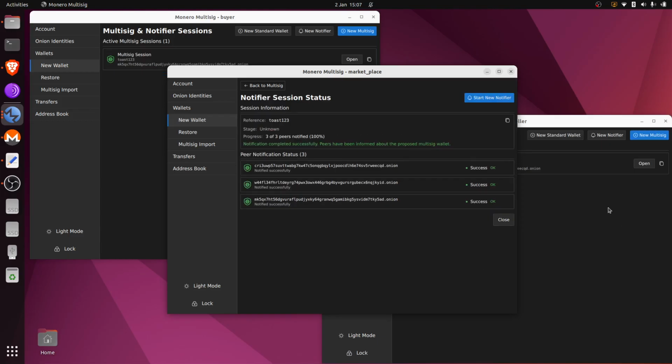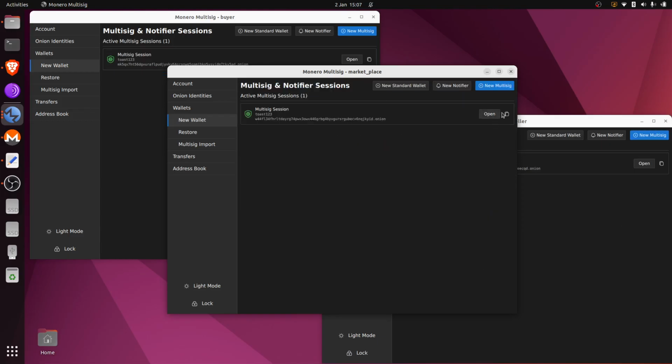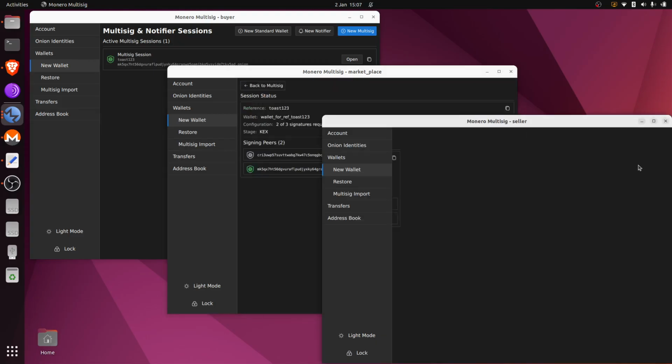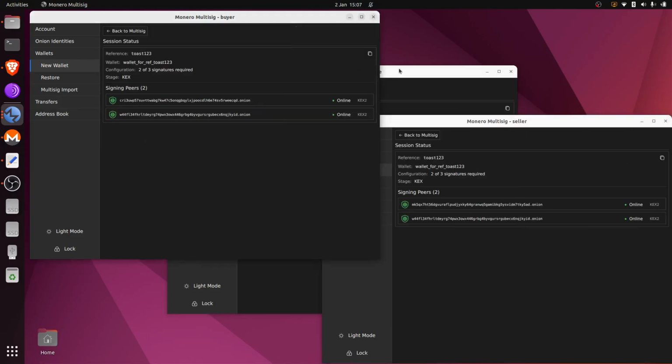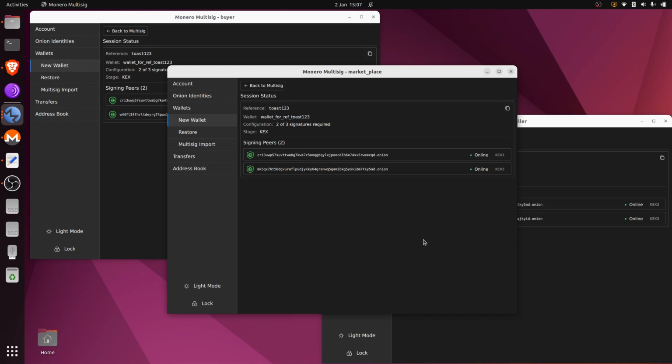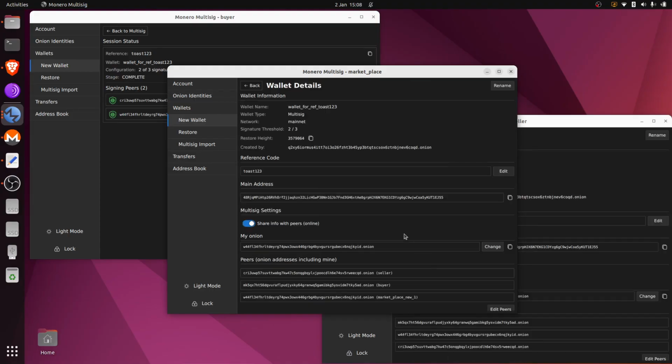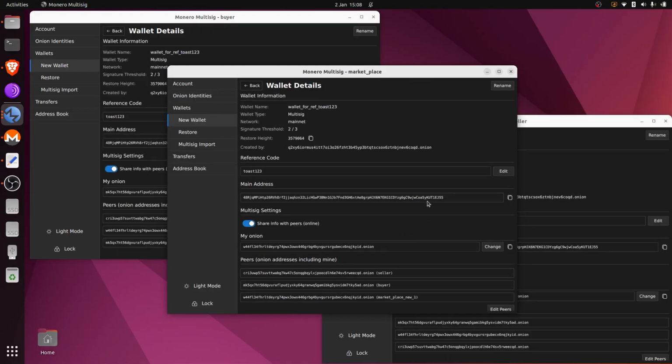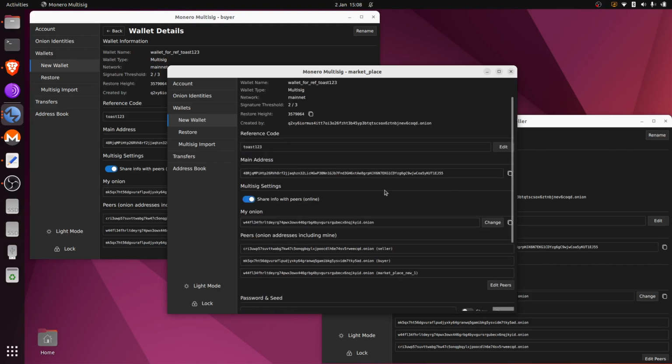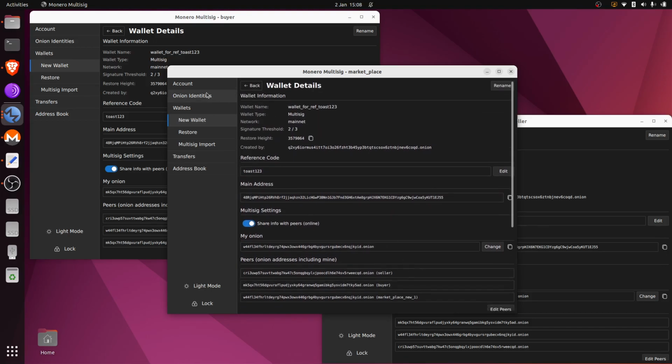So everyone starts a new multi-sig process in the background. And the main difference is essentially that while before we were creating Monero Multisig wallet with the main onion identity of the marketplace, now the marketplace managed to create a new Multisig wallet using an extra onion identity. And the idea is that